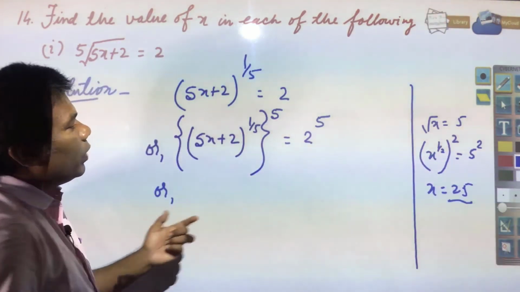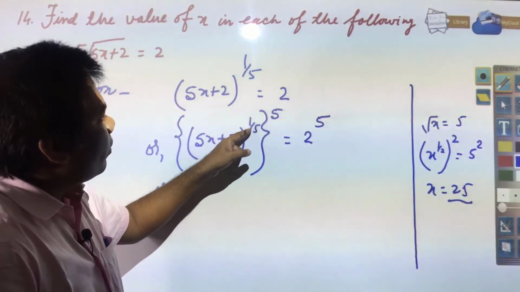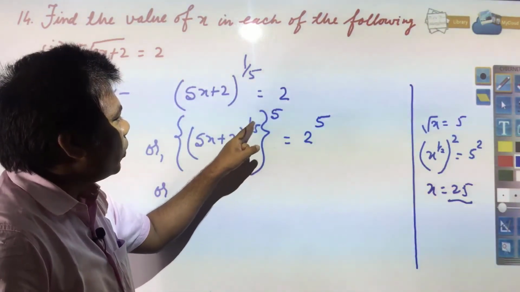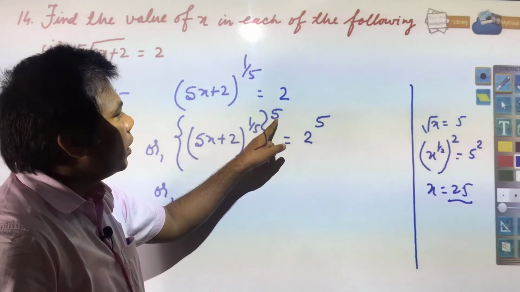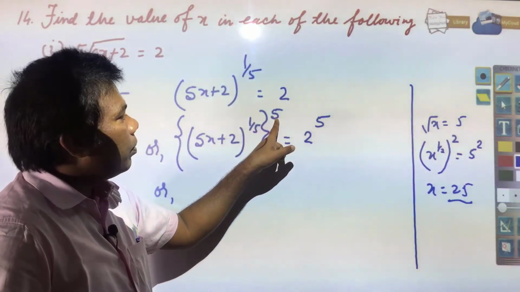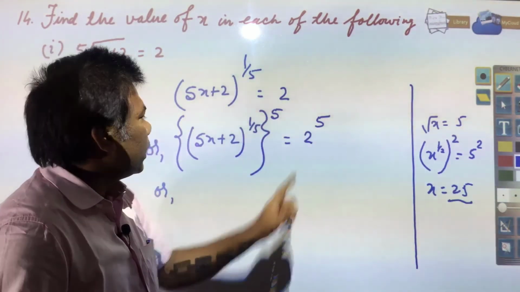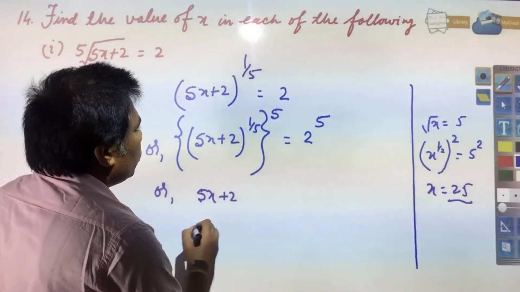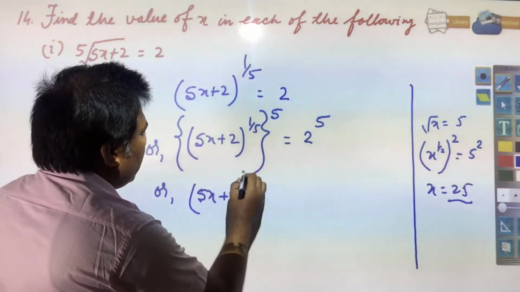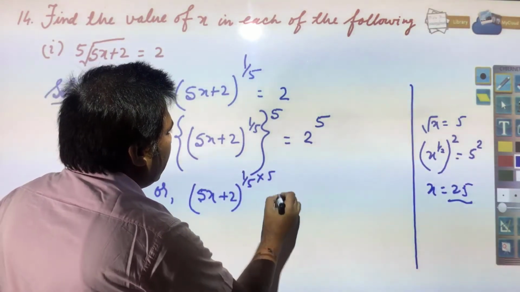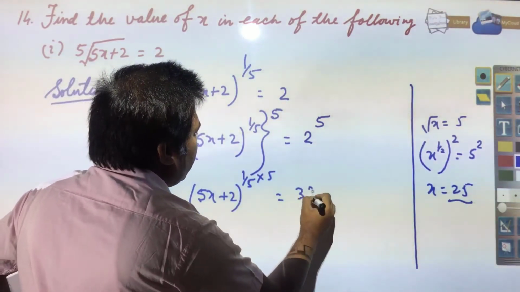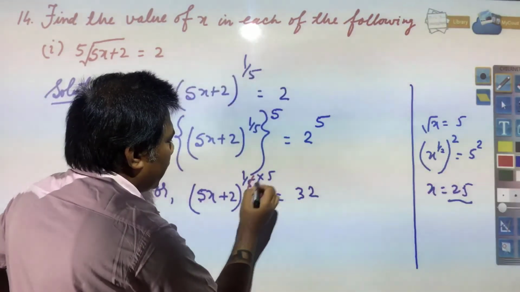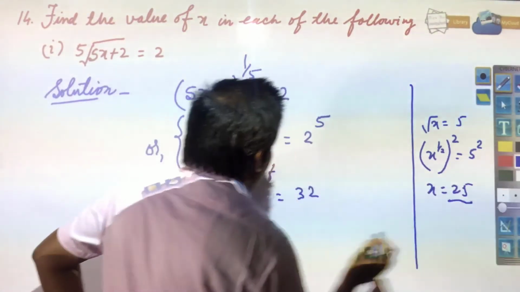And why have we done this? Because you have 1 by 5, the fifth root, so to cancel this we have taken 5 power exponents on both sides. So, here you will get (5x plus 2) to the power 1 by 5 into 5, and this will be your 32. Now, this 5 and 5 got cancelled